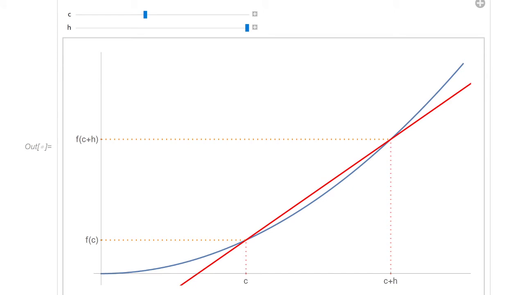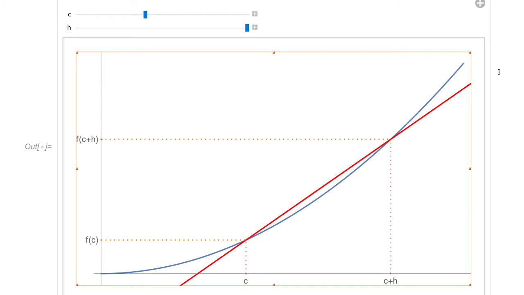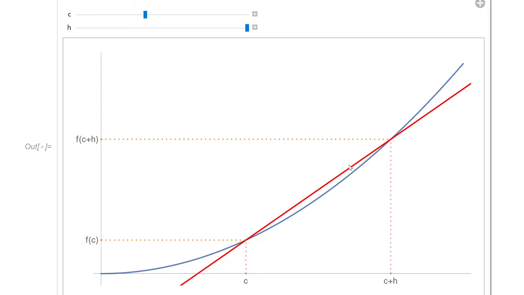So here, this blue curve is our function f of x again. Things are named a bit differently, but down here is our, say, x comma f of x. This is our p. This is our q. And so how can we get down to the actual slope of the function right here at this point,